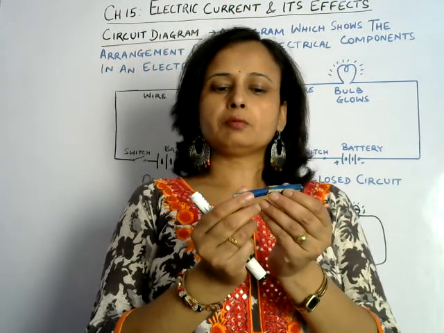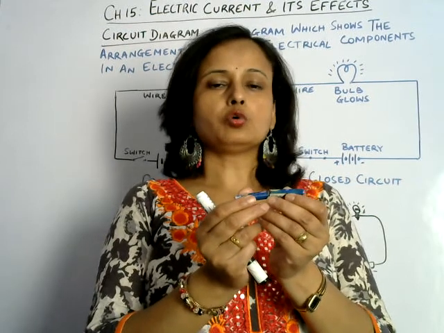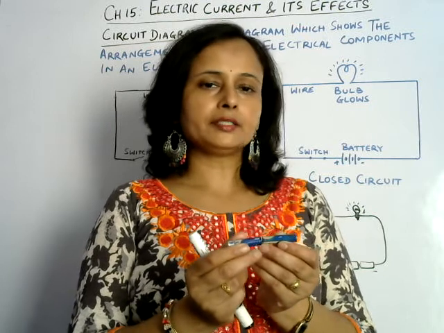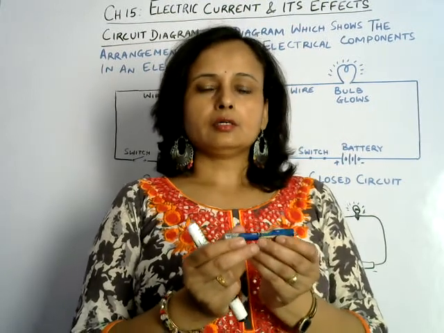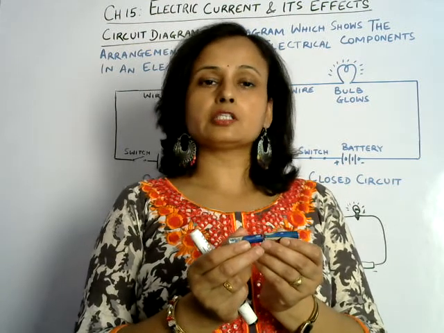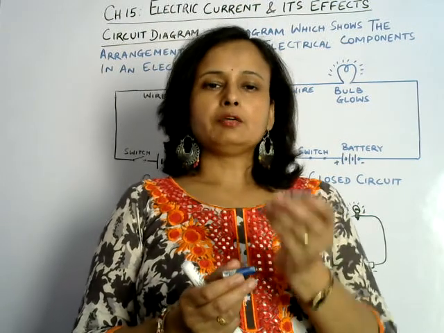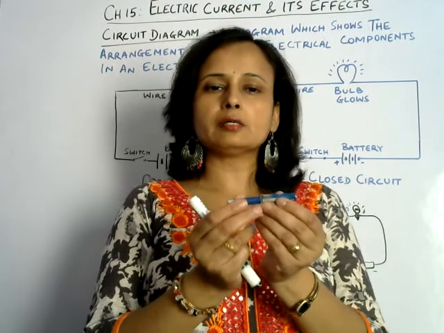So the positive terminal can be joined with the negative terminal and so on, and then it should be connected with a conducting wire. Then we can make a circuit by joining both terminals with wire, then the bulb. Okay, so basically one cell is a single cell, and when we join more than one, it becomes a battery.